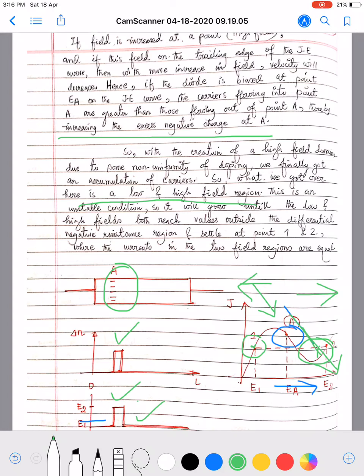So that is the final stable state of the high field domain, and it will cross the entire length L in a very short period of time, giving in the external circuit a microwave oscillation. So see, this is the physics of basic microwave oscillation in a Gunn effect diode. We have discussed it in gallium arsenide. It was a bulk semiconductor.